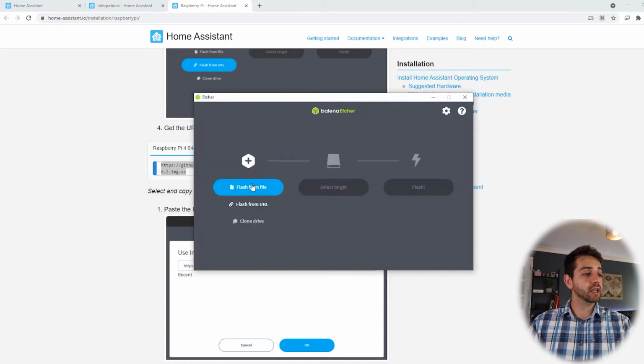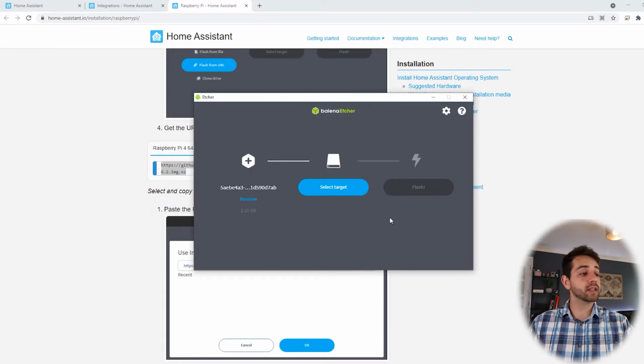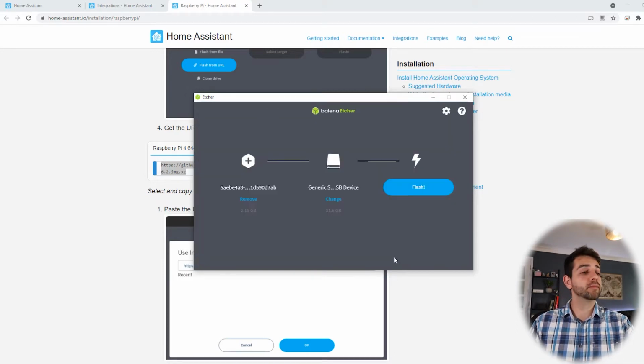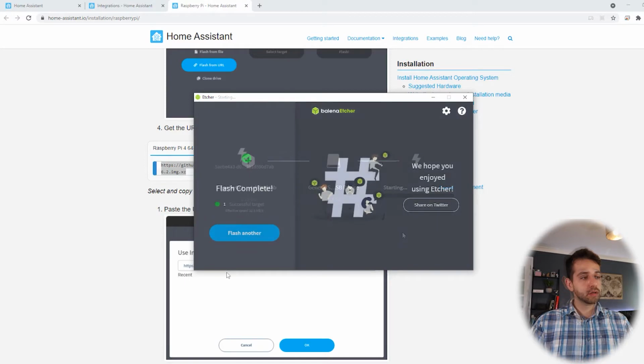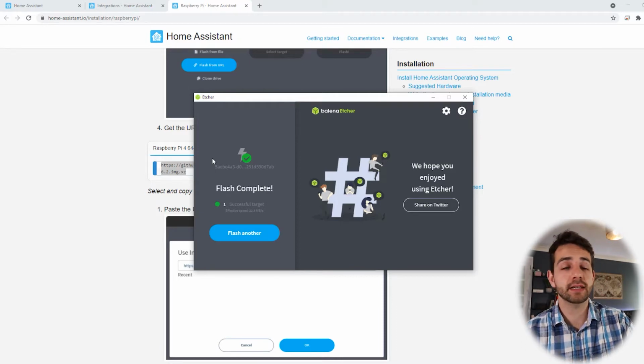I will come here to Flash from URL. I paste this URL that I copied from the Home Assistant website, and okay. It will take some seconds until it locates the image and does a pre-download. So let's wait. This one is done. They say that you need to select the target, so I will select my SD card that I already put in my computer, and I can come here and click flash. Once it finishes flashing the image successfully,